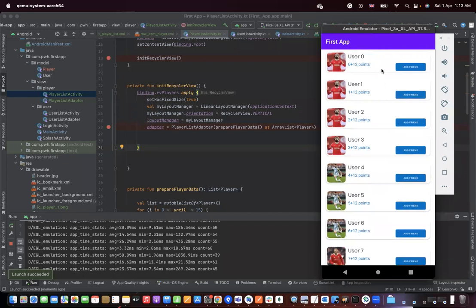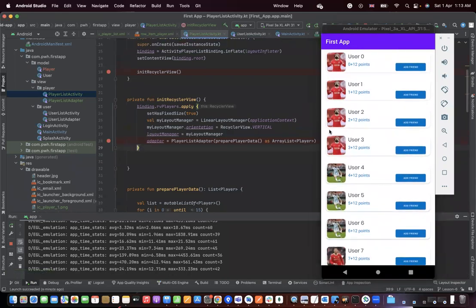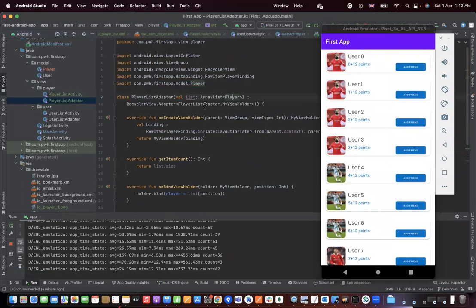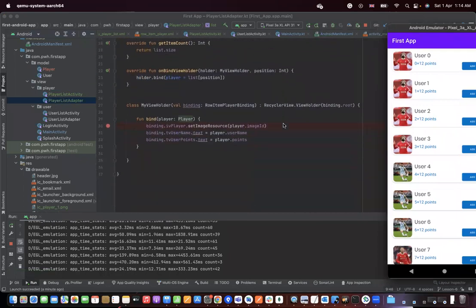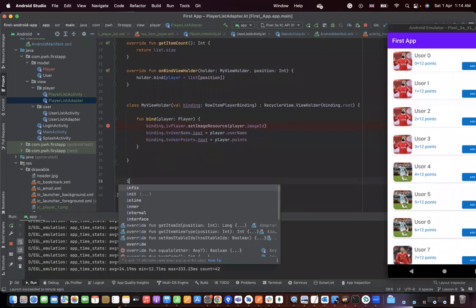Also, for example, I want to click on any player. Now we can't apply the click directly from here in the activity. So we need to click on the list adapter. So for this, how will we do it? This is a little new thing. So for this, maybe I will define some interface